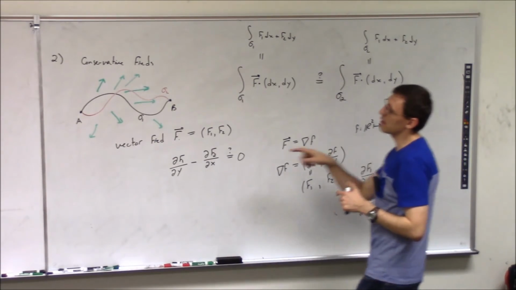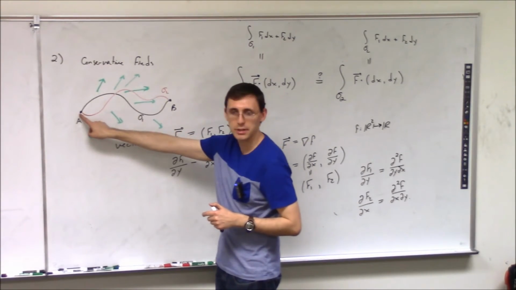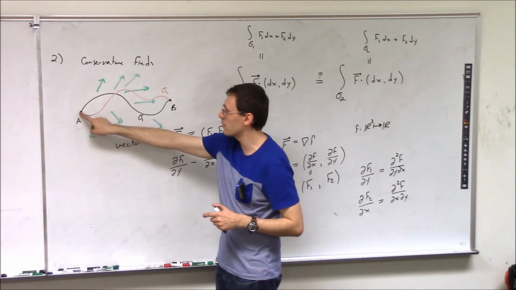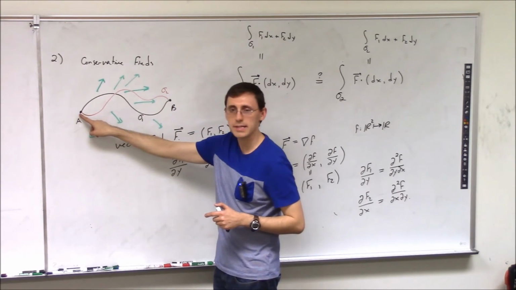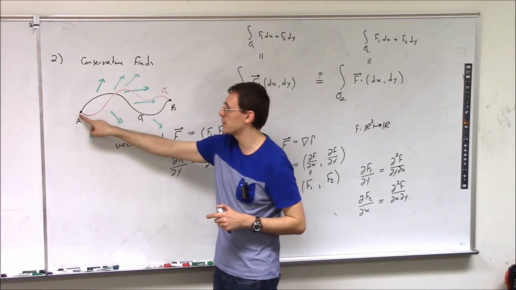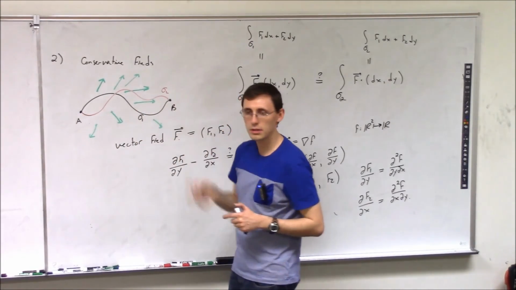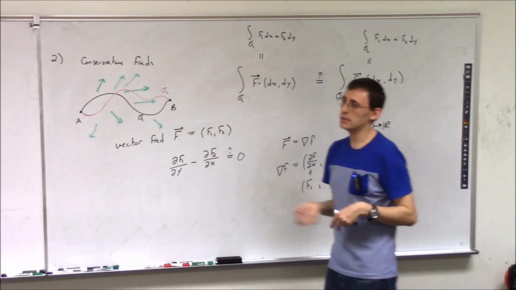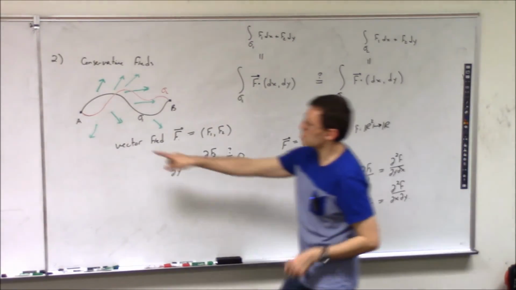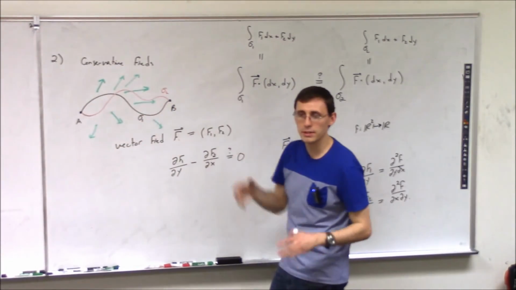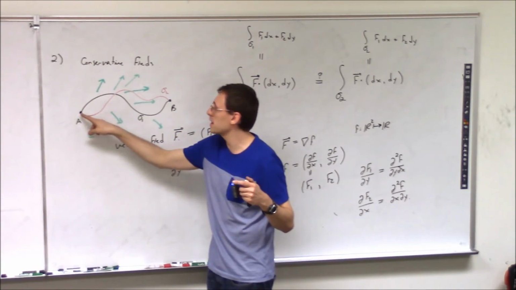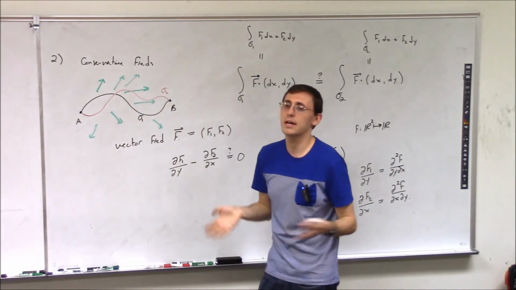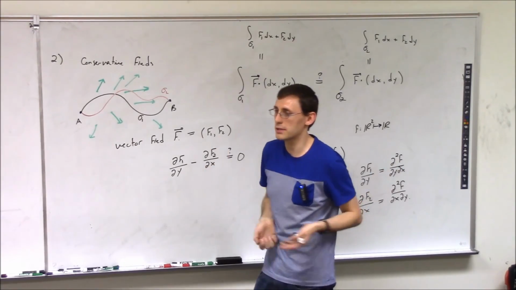should you say that? Then when you need to calculate how much energy is needed, let's say you're moving a roller coaster from this point to this point, you can then use a very simple path to calculate how much energy is going to be spent by moving from here to here. You understand? So in essence, usually taking the integral over those complicated curves is very hard. But if the field is conservative, then I can replace a very hard curve by any curve I want. So I can make a very easy curve.